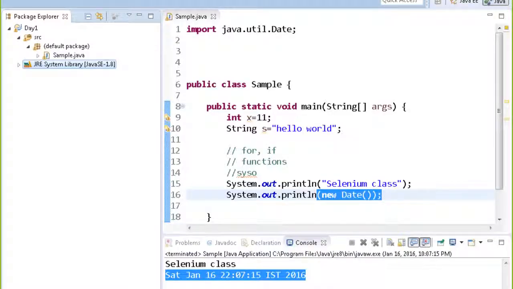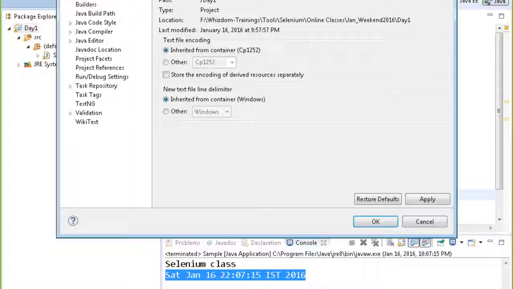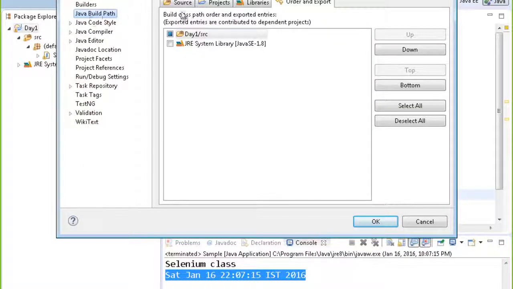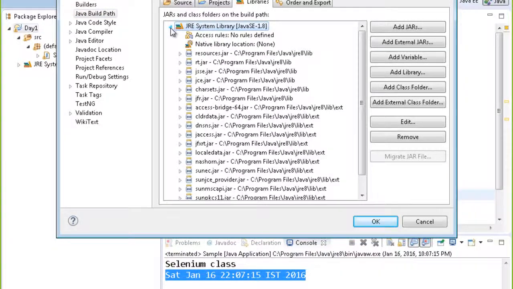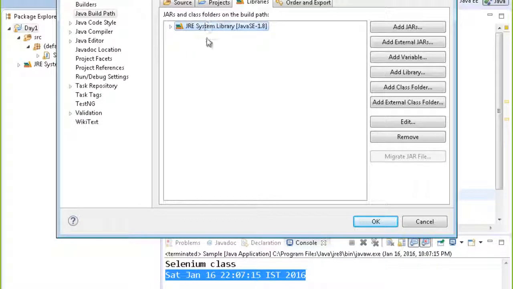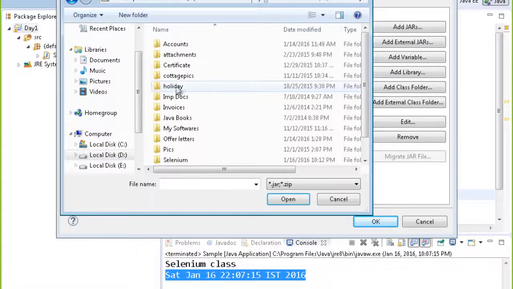So you open up Eclipse, go to the project, right click on your project, and go to the properties of the project. Once you go to the properties, you will see the option Java Build Path. You will have 4 tabs over here. Go to the Libraries tab. The Libraries tab already holds the JRE system library, which contains the jars from Java. And you need to add the Selenium jars over here. You can click on the Add External JARs button and go and include